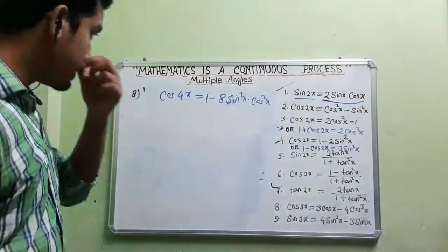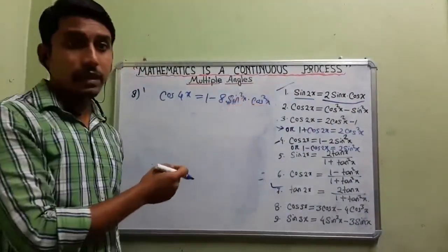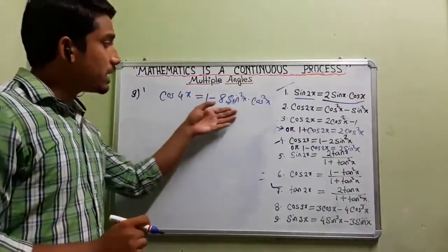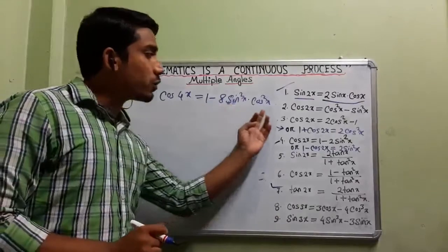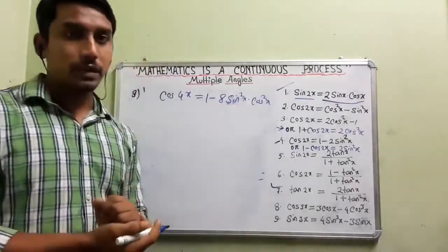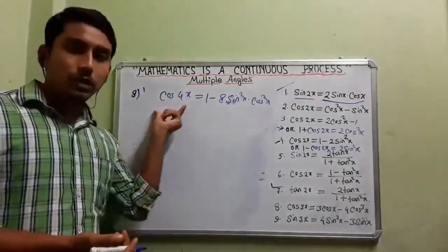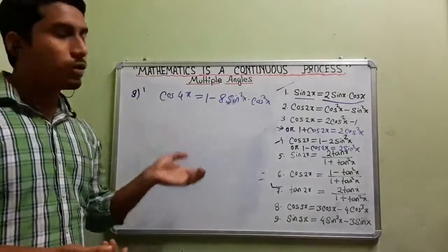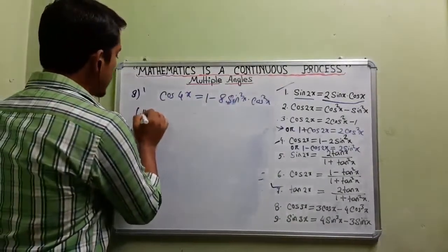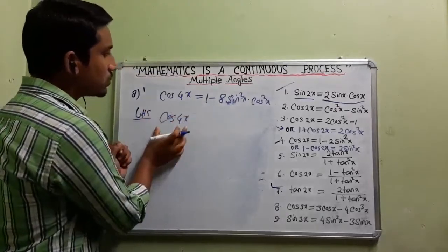In the right hand side, the angles are the normal angles, only simple x, isn't it? But in the left hand side there is 4x. You can do it by the right hand side as well, but try to go from the left hand side, because for cos 4x you will have some formula. Cos 4x is a single term, we need to get a bigger expression.